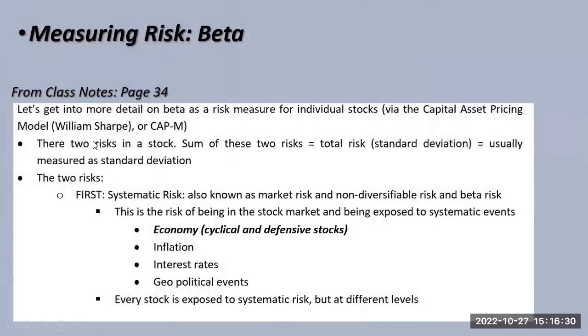So let's go through this process, and then next class I'll show you a little bit more kind of how diversification works. All right, so let's get a definition real clear on what systematic, unsystematic risk are. So systematic risk are those things that are just part of every asset. Every asset has some exposure to the overall economy, to inflation, interest rates, geopolitical events. Every stock has some exposure, not the same amount,